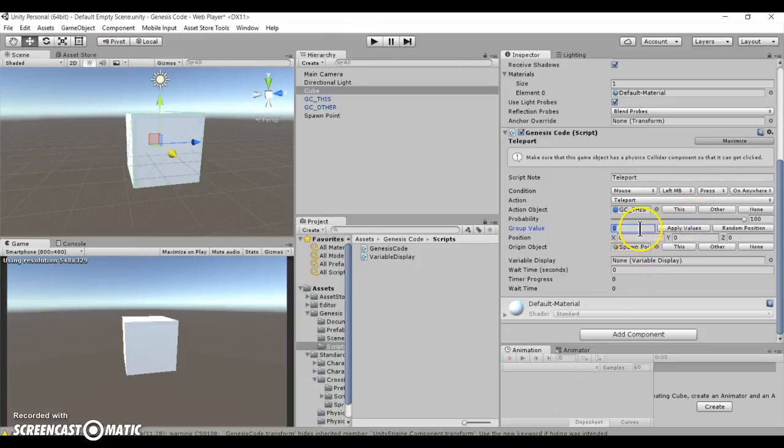Another cool thing that I've added for the teleport action is something called group value. This didn't exist very recently, so I've just added it in as I was making these new tutorial videos. What it lets you do is fill in multiple position fields at once. So say for example, I want to change all these fields to the value of 3. I would just simply press this,